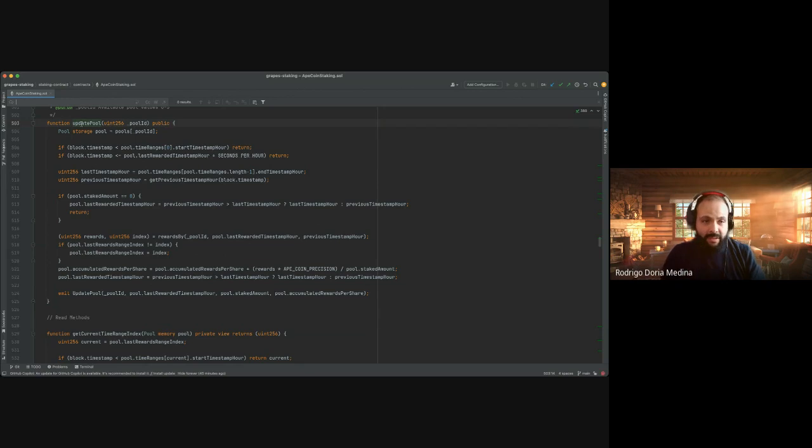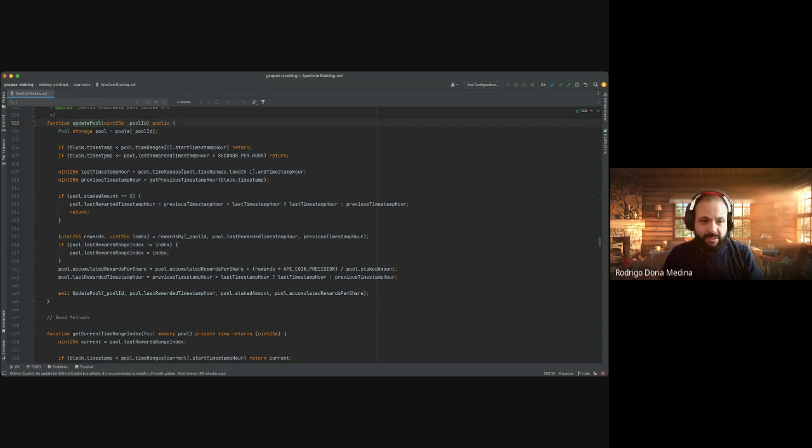That being said, there are a few differences with the SushiSwap MasterChef V2 version of the contract. One of the differences is that in MasterChef V2, the distribution of the rewards happens every time a new block is mined. Whereas in this case, the mechanics are a little bit different, and the distribution of new rewards happens only once per hour. To translate that into more technical terms,